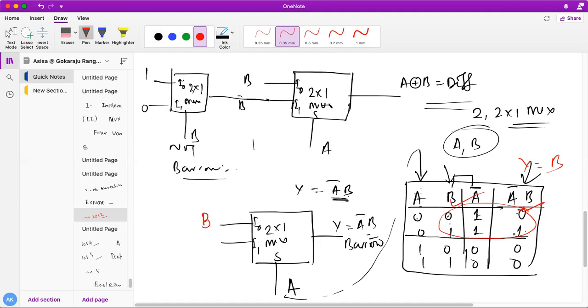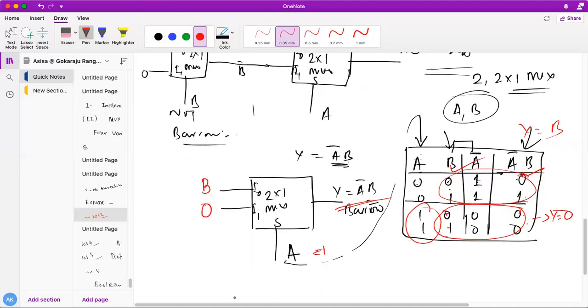Okay. Now see here, if A equal to 1, how is it behaving? This is 0, output is 0. This is 1, output is 0. Whatever my B is, it doesn't care, it's always 0. So my output Y is 0 at A equal to 1. Am I correct? So at A equal to 1, my output is 0. So this is my A bar B, students. Okay, all of you understand?